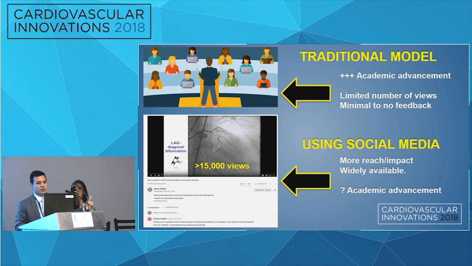If I'm invited to a conference, then that's going to give me prestige, but you're speaking to a small number of people, and there's really a limited number of views. And even if you tell me at the end of the lecture that you can approach me and say your lecture really sucked, or it was good, you get no feedback, right? You didn't know how you did.